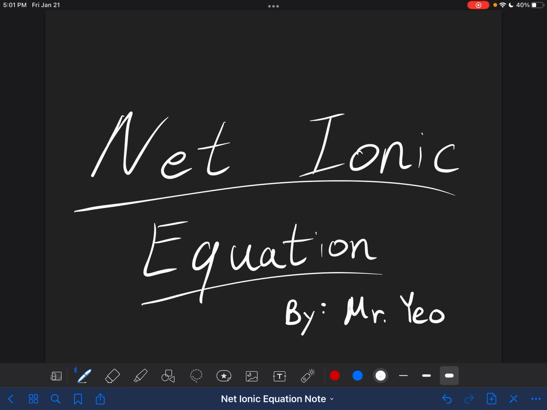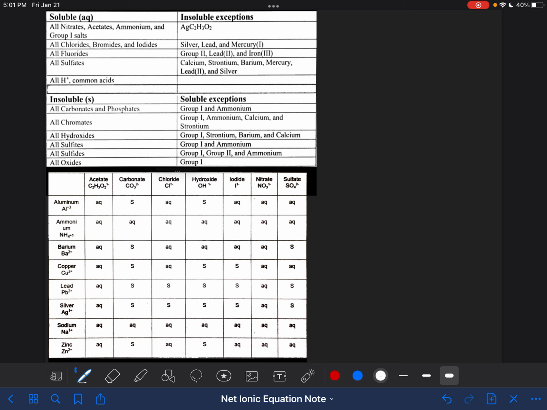So before we go on to anything related with net ionic equation, there are a couple things that I wanted to talk about. First thing first, you guys will probably see these two solubility charts. Solubility chart basically helps you determine if something is insoluble or soluble. Now, what in the world does that mean? In the solubility chart, we have two parts, when one is soluble and the other one is insoluble,